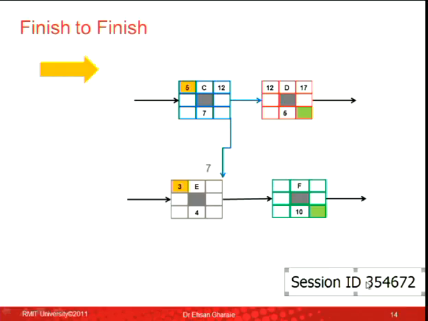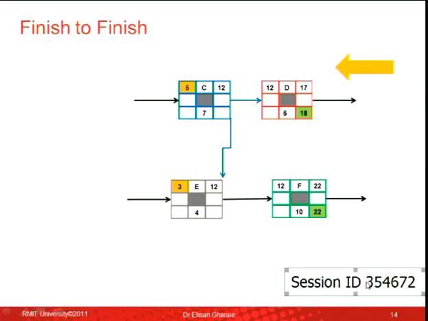So activity E, to this little box here, there are two ways to get there. There is 3 plus 4, 7, and there is another arrow coming down there. So I take that 12, the arrow would take 12 and put it there. Between 7 and 12, which one should I choose? 12. I choose 12. Activity F, there is one arrow going to activity F, 12 goes there, 12 plus 10, 22. Activity D will be the same, 12 plus 5, 17. Any question about forward pass? Okay, now let's go backward.